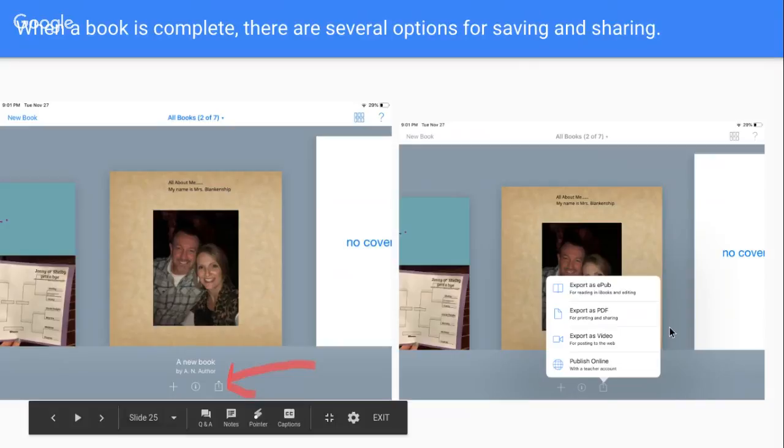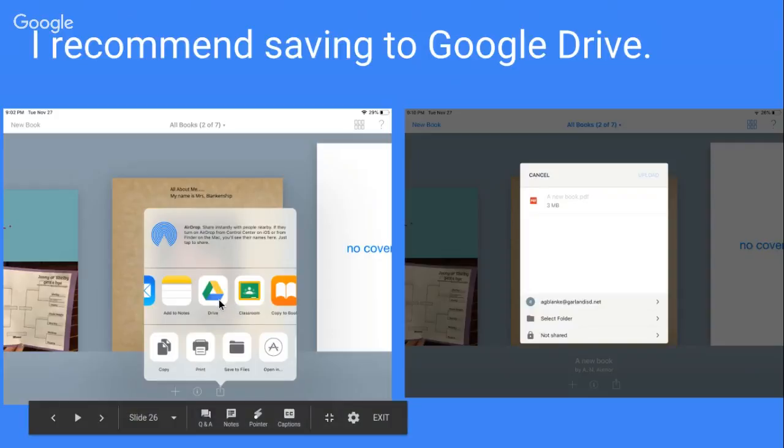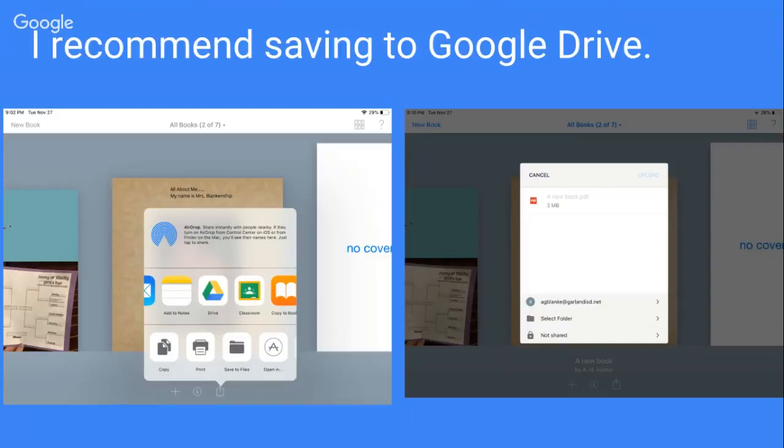So I'm going to show you an example of what it would look like if I exported as a PDF. It's super simple. Once your kids hit that export button and they say export as whatever style they want, they have all of the options here on places to save it. They can go ahead and do the EPUB and copy it to iBooks from here, send it straight to your Google Classroom. I always have my kids save it in their drive. That way, whether they've turned it into my classroom or not, they have access to it at all times in their drive,